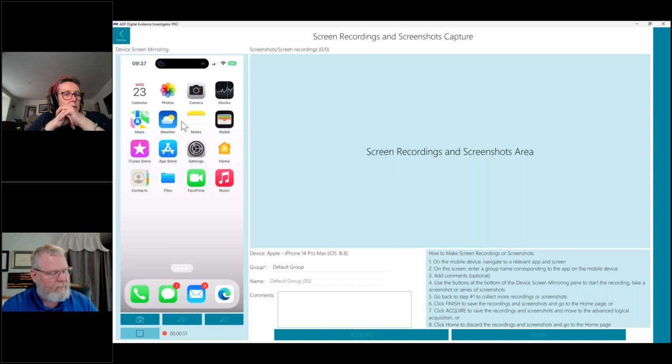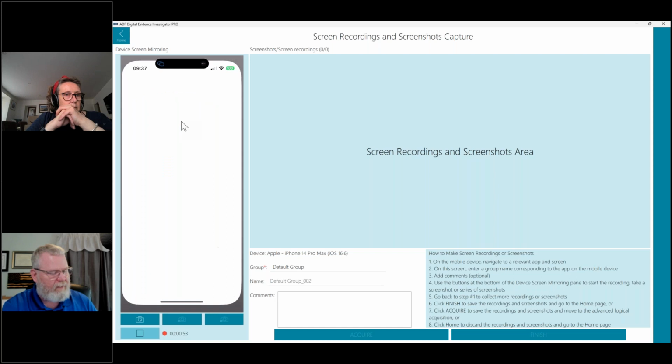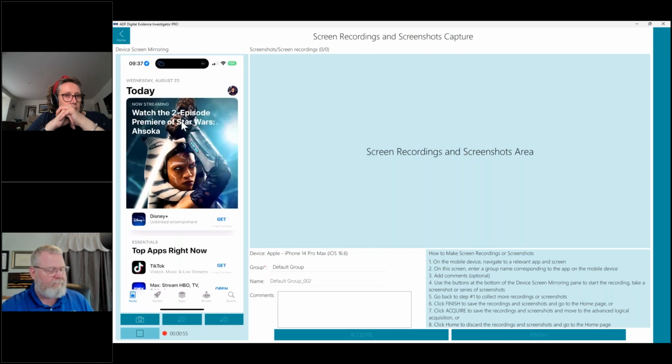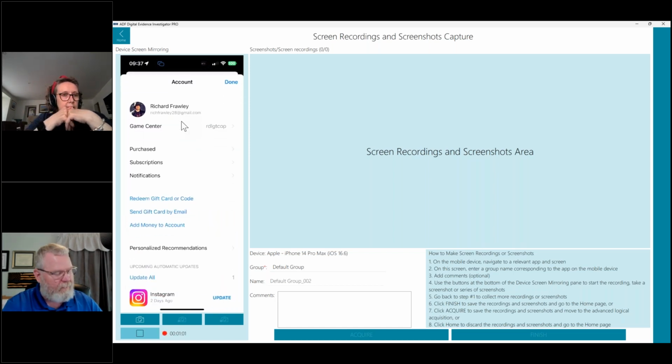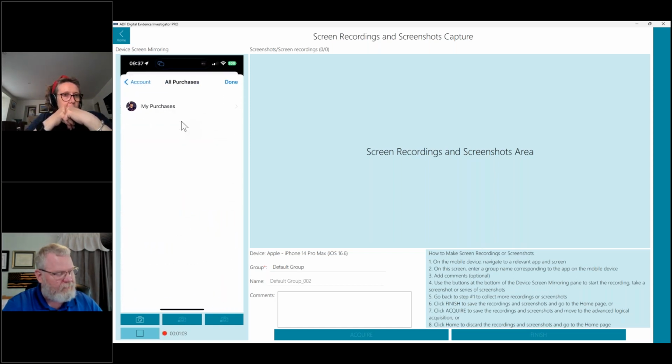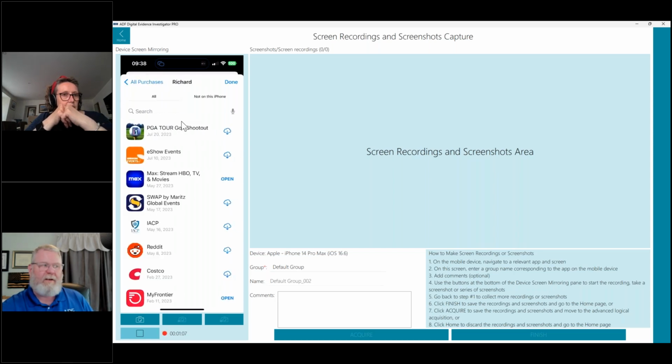One of the other tips and tricks that I like here as well, since you have access, this is more not really victim witness, but maybe on the parole side. What I like to do when I'm looking at a phone is just go into their app store and look at what they've purchased. And this will show you whether it's been on the phone.